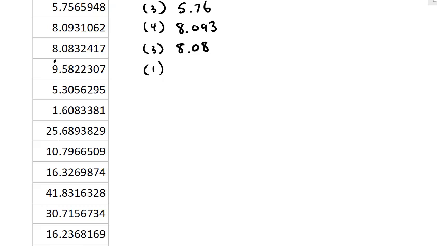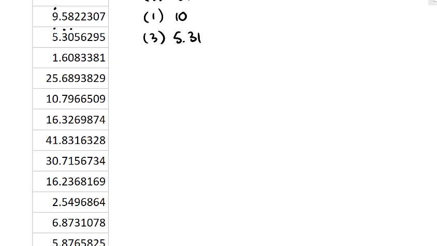Okay, let's go to 1 significant figure, so this is 9 holes, this is 5 tenths, it's going to have to round up, because 5 tenths is just a rule that we round up if it's a 5. So the answer is 10. Okay, so let's go to 3 significant figures, so 1, 2, 3, round up, 5.31. Okay, let's go to 3 significant figures, 1, 2, 3, round up,